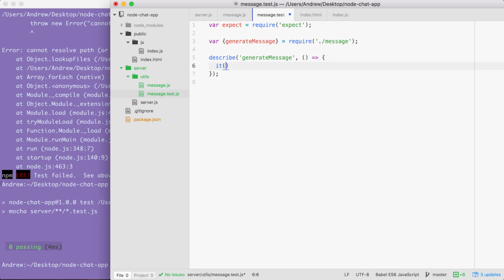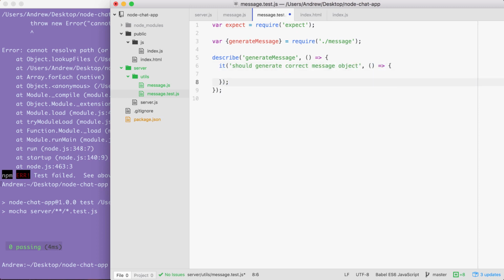With this in place, we can now add the individual test case. It should generate the correct message object, and your job is going to be to write the test case. This is going to be a synchronous test, so there is no need to provide done. All you need to do is call generateMessage with two values, a from value and a text value. You're going to get the response back, store the response in a variable,